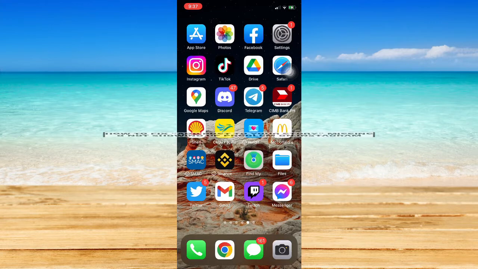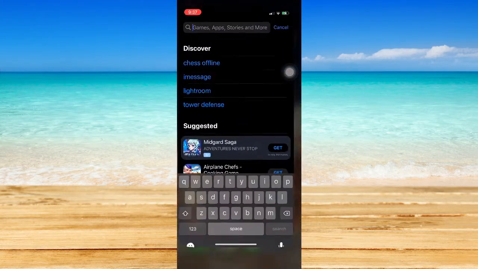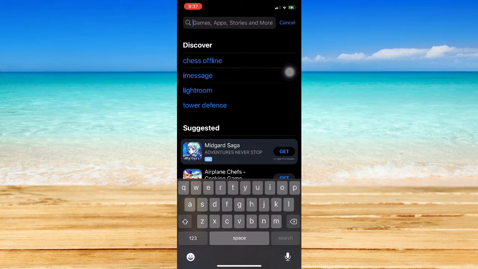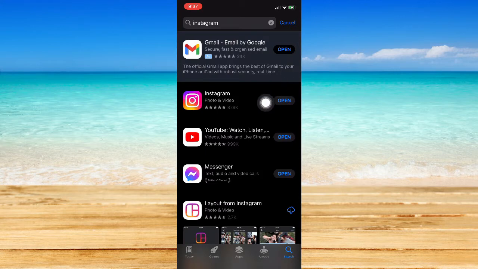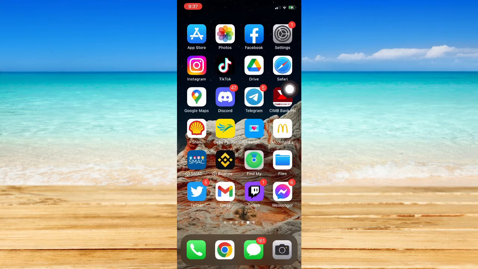So let's begin. The very first step is to make sure first that your Instagram app is up to date. If not, then please go to your App Store or your Google Play Store and search for Instagram. Once you have searched for Instagram, make sure to click on that update button whenever it is available. Updating your Instagram app is important because there might be a bug with the app, and updating it will fix those bugs. And then you may open your Instagram app and try the add post to your story